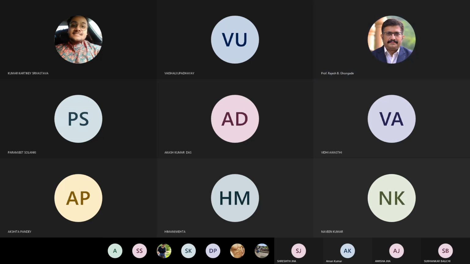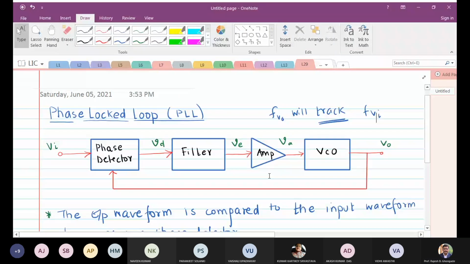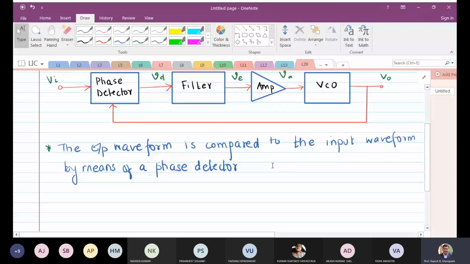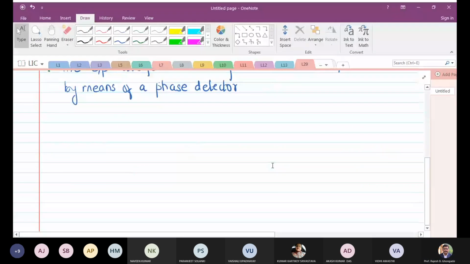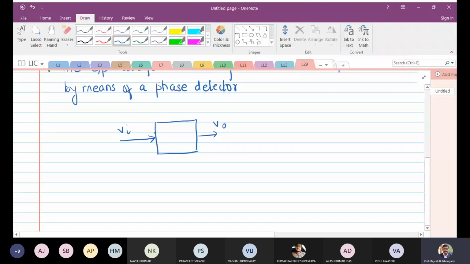Okay. So what we are going to learn today is the phase lock loop. The basic concept of phase lock loop is that we want a kind of circuit. There will be an input to the circuit Vi, and there will be an output Vo. Now this Vi is characterized by some frequency Fi, for example, and Vout is characterized by, let us say, Fo. Okay. Now, when I say that Fo tracks Fi, it means